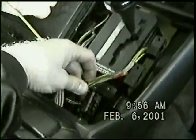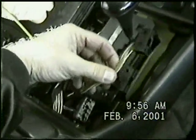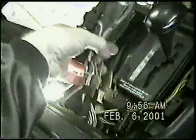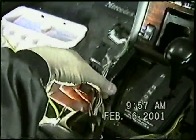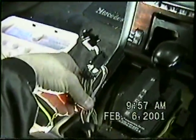Okay, with the console unplugged, we have 7 plugs. We have 1 up here, 2 over here, and over here you have 3. It's a good idea at this time, for the 3 that are on one side, that will make it easier, we just put a little wire tie around here, and then we'll go ahead and move on to the